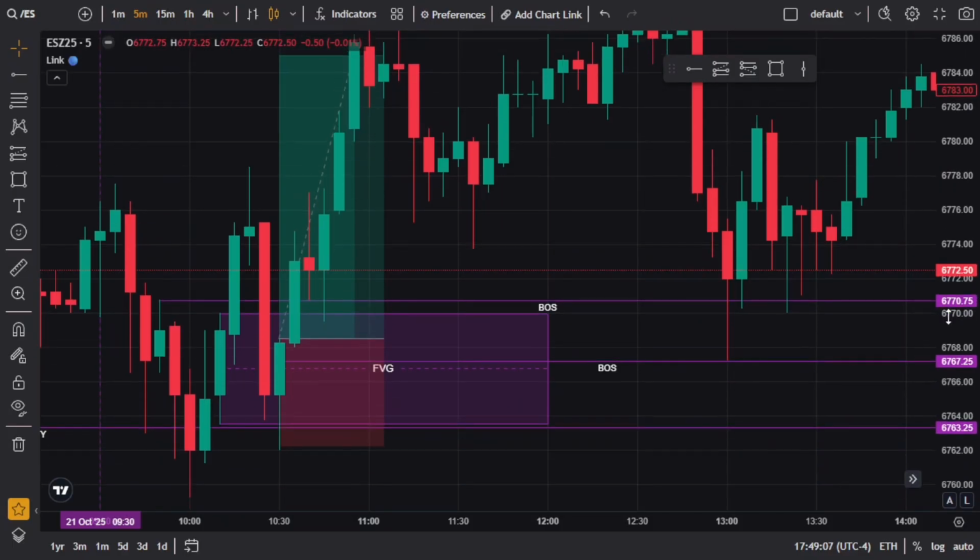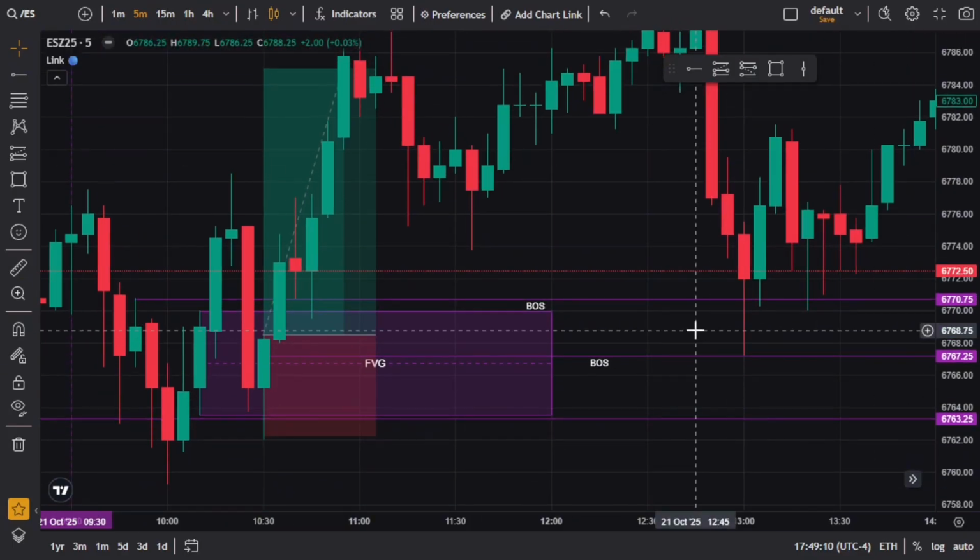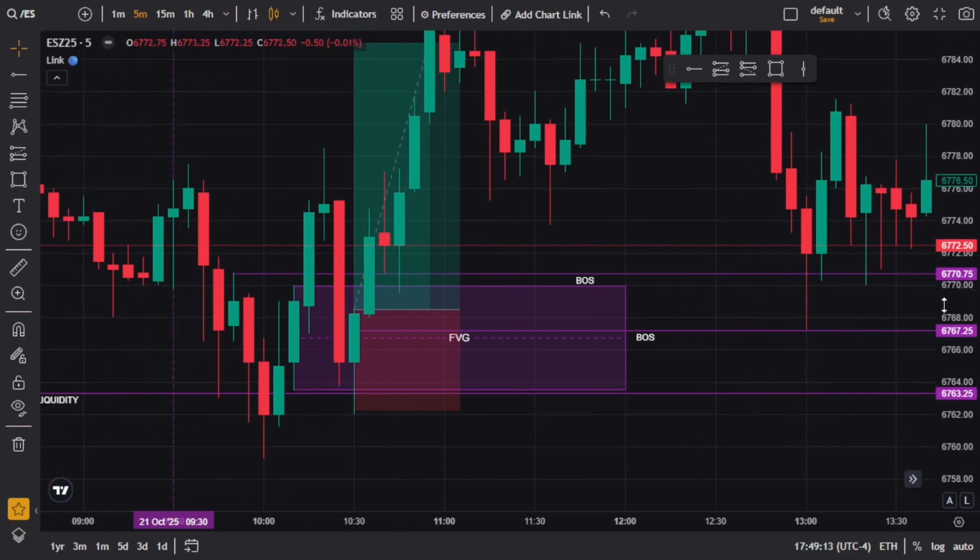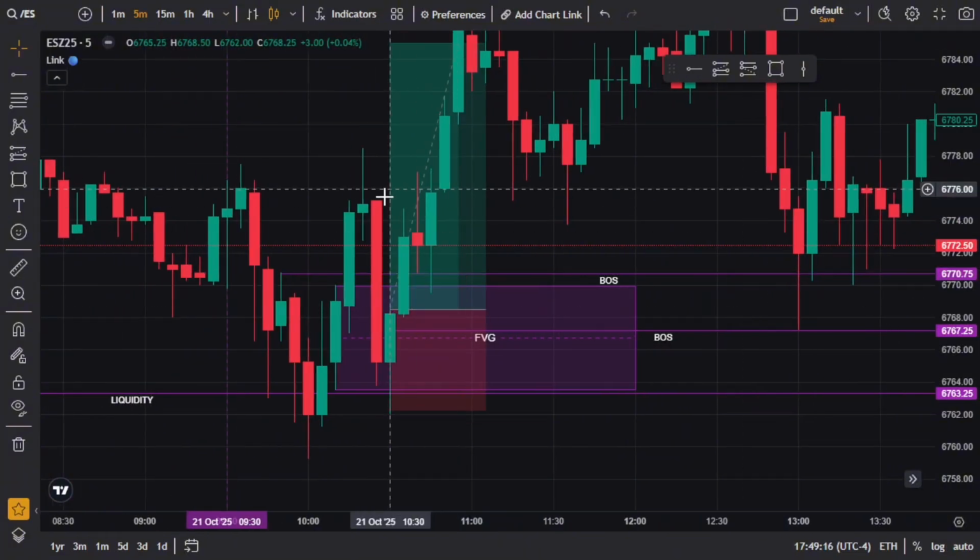Confluences are just little things that you mark out, kind of like a confirmation that it's going to happen, or that candles are going to go back to that zone.